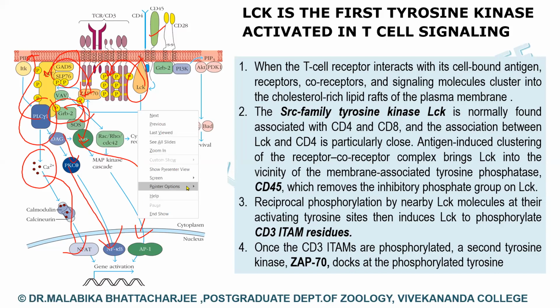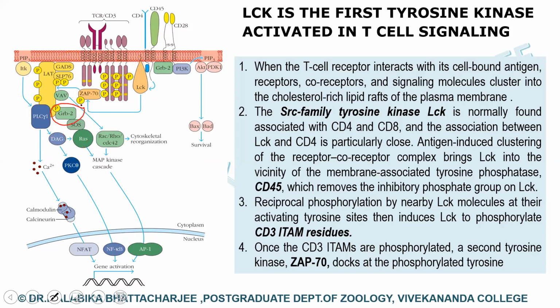So this is occurring on one hand, while simultaneously GRB2 is recruited to the LAT molecule. GRB2 activates SOS, which further activates the RAS pathway, which finally results in the activation of the transcription factor AP1. The moment the AP1 transcription factor is activated, it results in cytokine secretion, and it also facilitates the passage of the signals that reorganize the actin cytoskeleton.